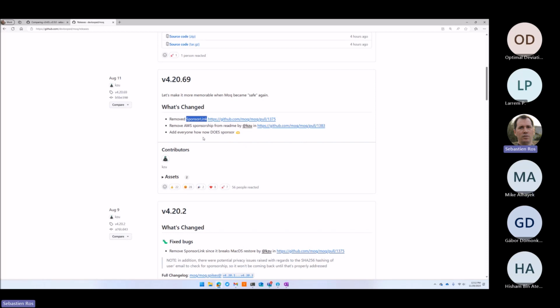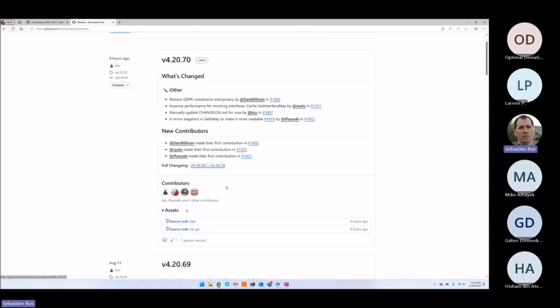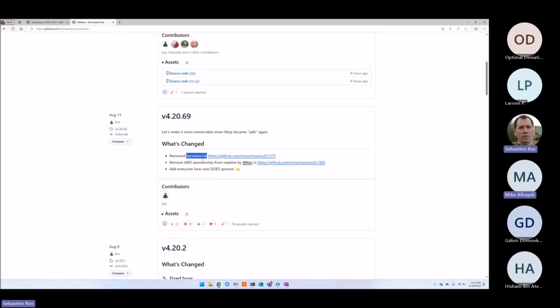And also the fact that it's failing your build because you don't sponsor the project. So the recommendation here is, there's been a huge social interest and discussions around that time. So just Google for mock sponsor link and you will see everything.